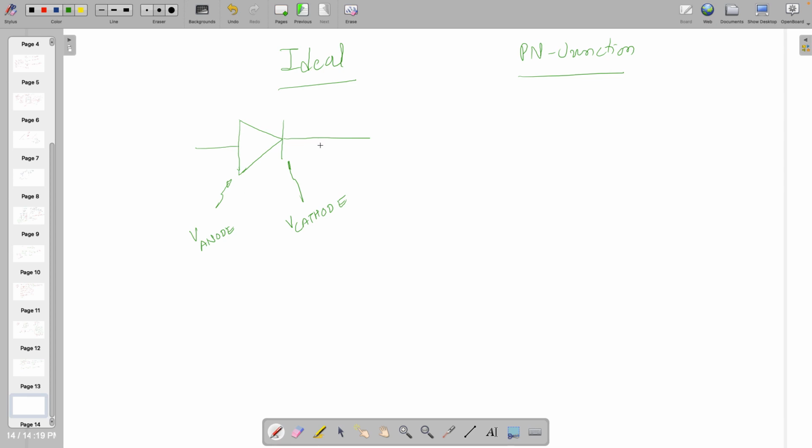So if V anode is higher than cathode, then it's forward bias. If V anode is greater than cathode, and if it is not, then it's open. This is what we have learned in school, right? This is ideal, but in reality it's a PN junction. So V anode has to be 0.7 higher than cathode, otherwise this won't work, right? And similarly for reverse bias you can write down the equation also. So this is forward bias